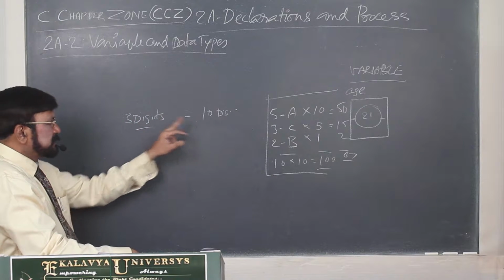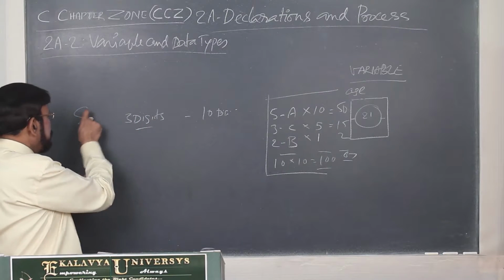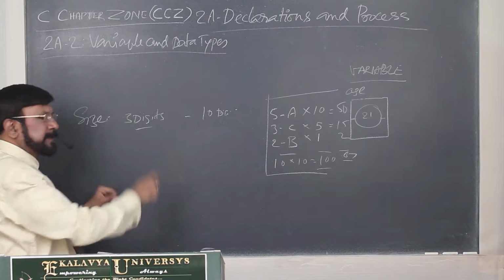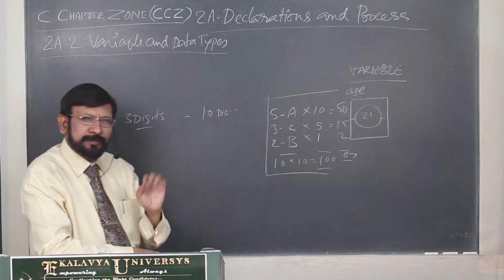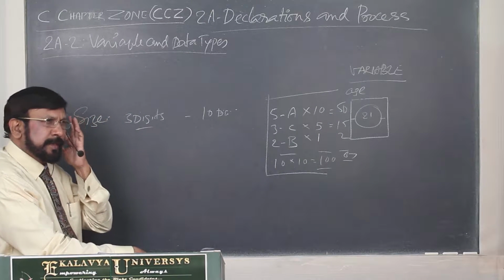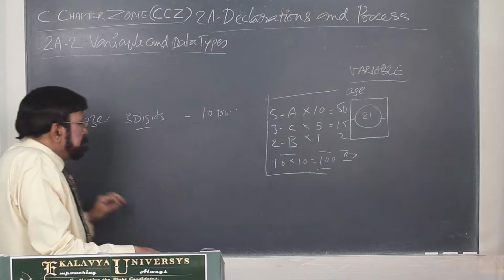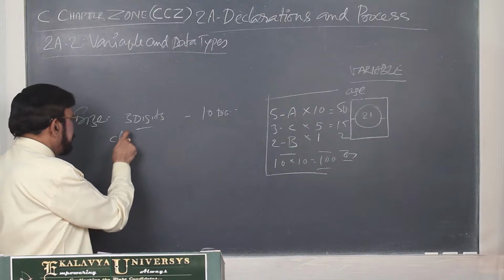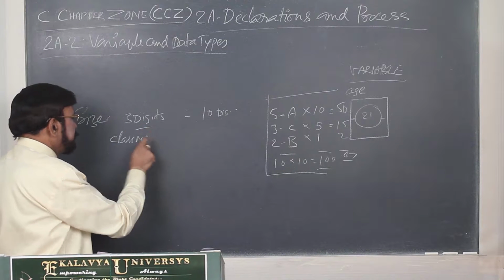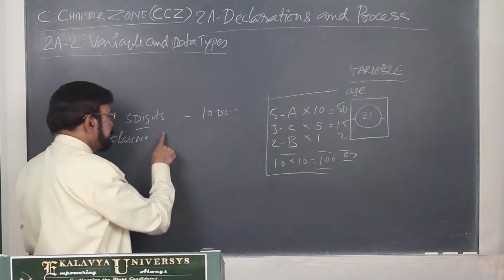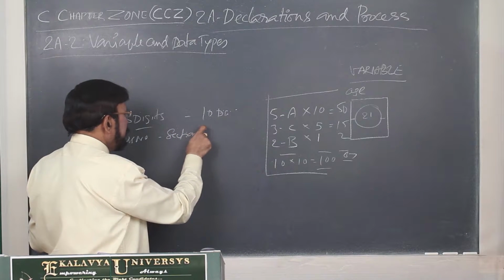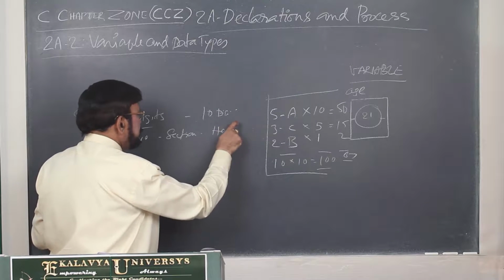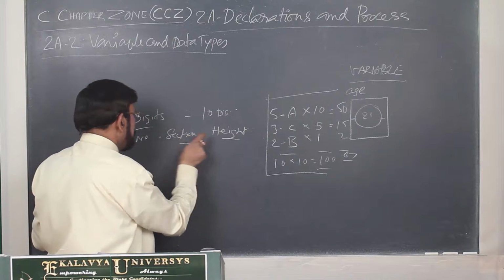That is one way, because of size. Here, what is our consideration? Size of the data. So allocating the same amount of space is not prudent. The second one is the nature of the data. To understand the nature of the data, I give you a different example: class number, section, height. These are your data items only.